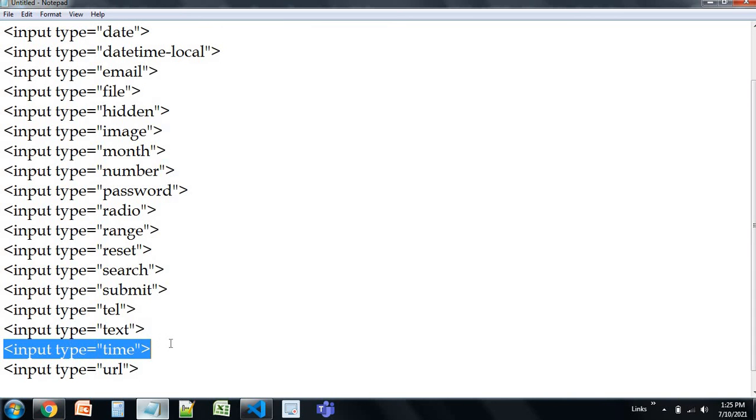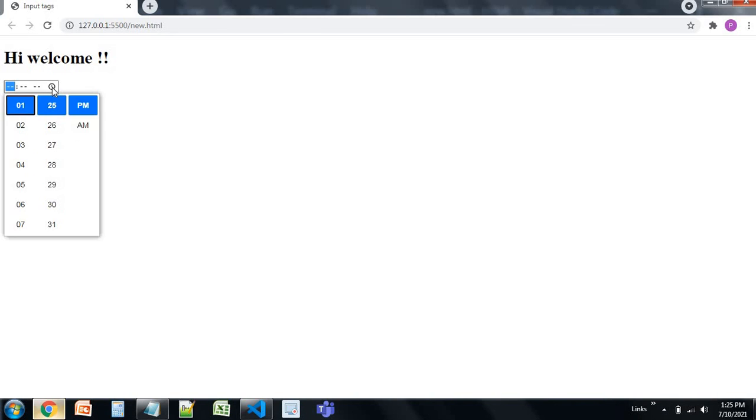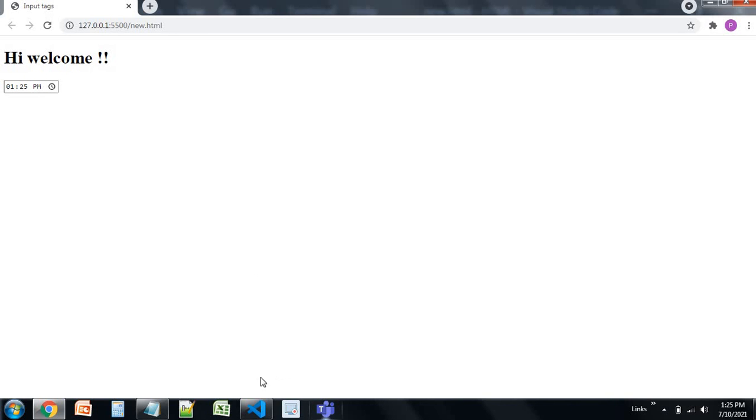Then time. Now paste this time over here and you can see that it will show you the time. It's currently 1:25 on my computer and it's PM right now. So you use it to basically show time to your user. Suppose there's a time site, or you're making a clock, so you can use this for the static time, and you can change the time as well, but it'll actually show you the time that is already there. So this is the default time.